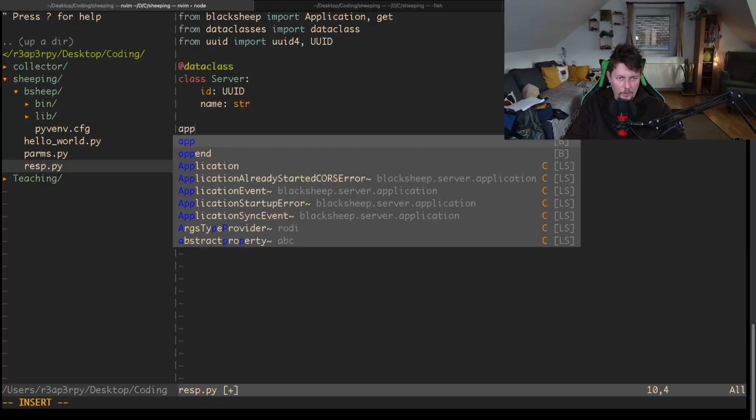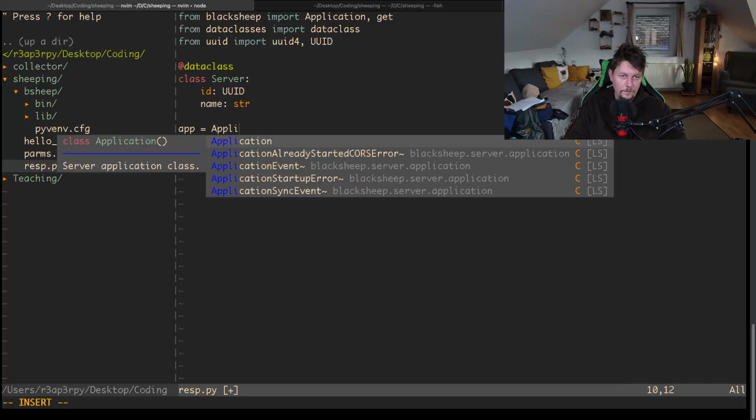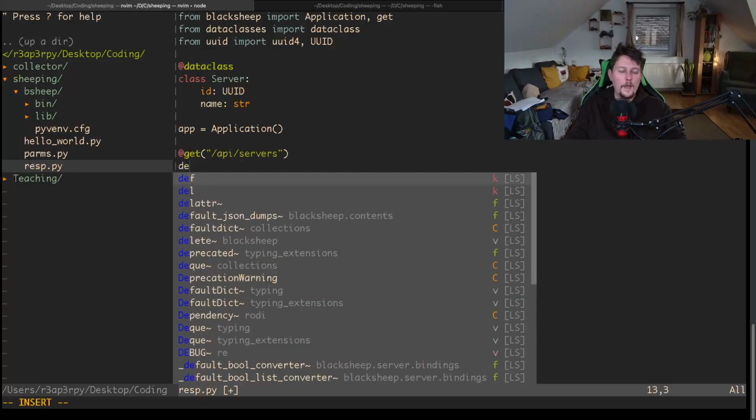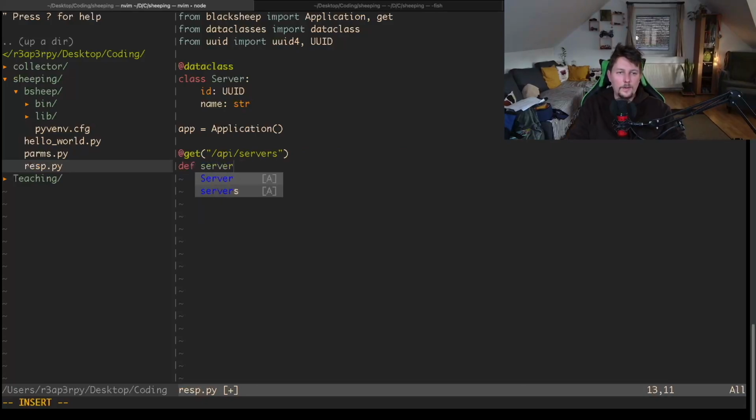And now we can create our application, and we can create our context route, /api/servers. And now we can call this servers API, and basically what we want to do is to return a valid